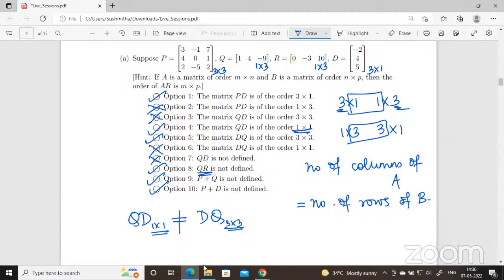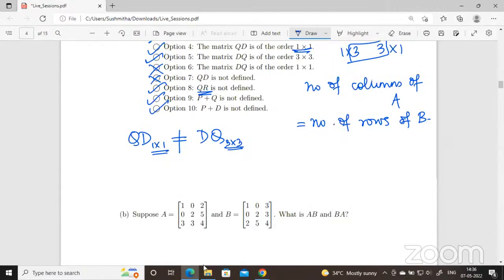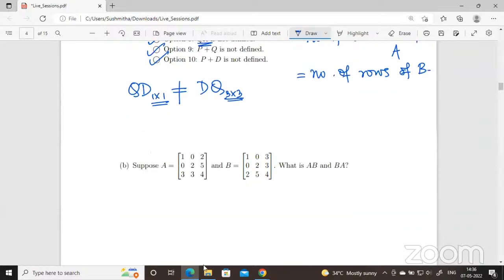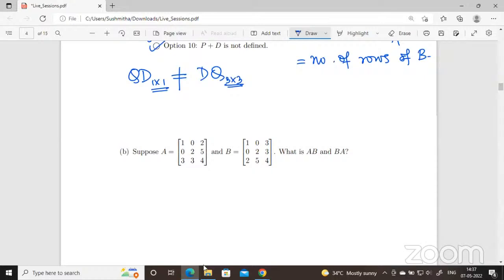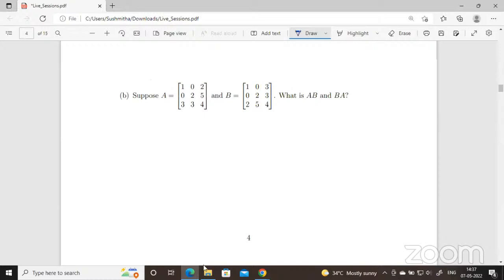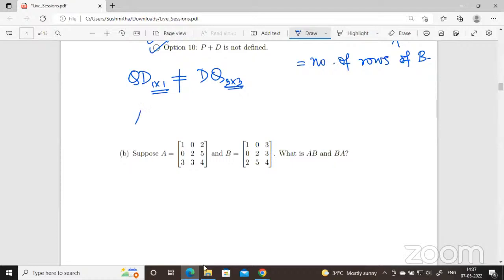Yes. But there are special cases where it is commutative, that is, QD will be equal to DQ. You would have already seen that in a lot of activity questions. Ma'am, in case of addition with the same orders? Addition is always commutative, because you can add in any order. You're adding component wise only. But multiplication is not component wise. There's a different rule that we follow. That is why multiplication is problematic.